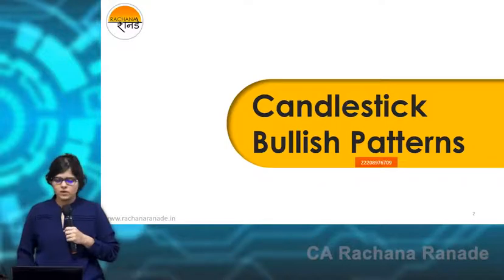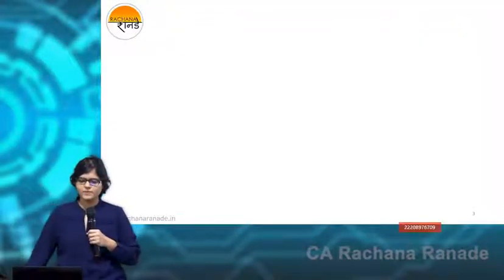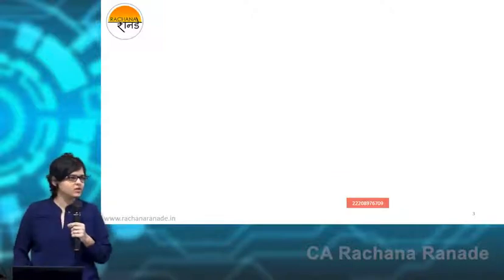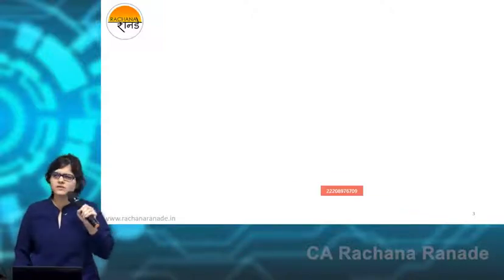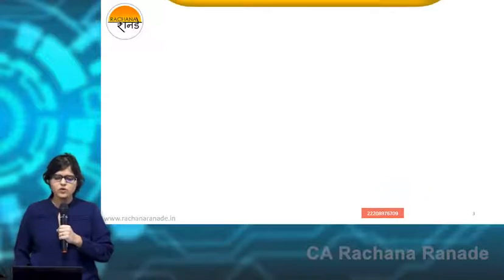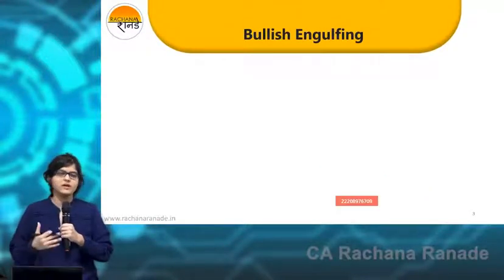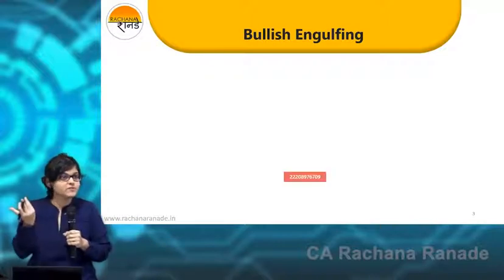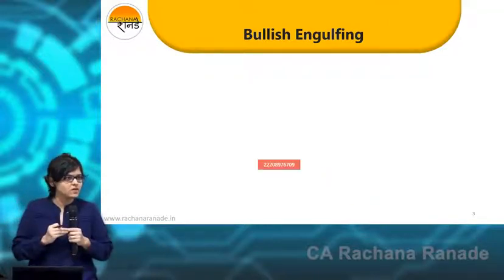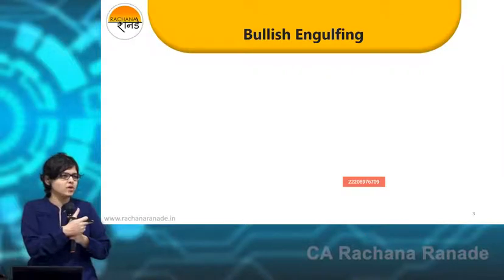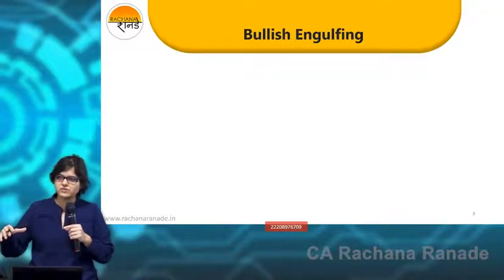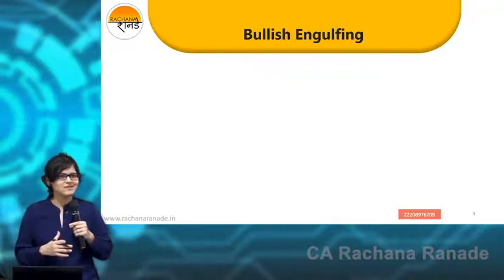Okay, let's understand. Bullish patterns means obviously we expect the market to go up in that case, or we expect that particular share or that particular script to go up. So what could be the different types of candles? I can say that there could be easily 20 to 25 types of bullish candles. And like I said yesterday, what is the biggest drawback for technical analysis? There are too many studies involved. And I told you, too much analysis causes paralysis. So we don't want to go into that.